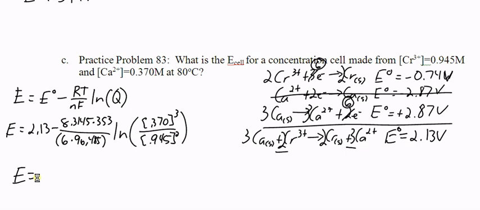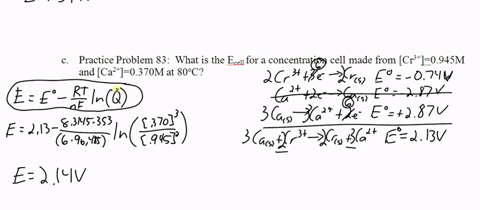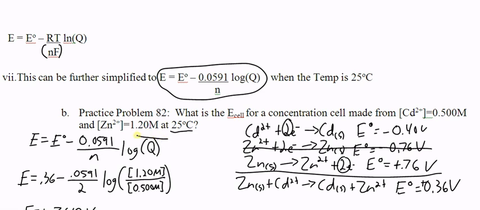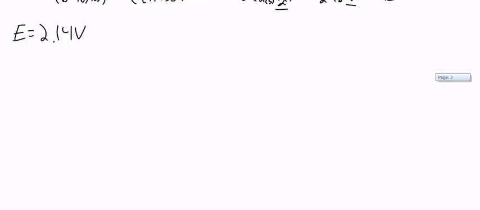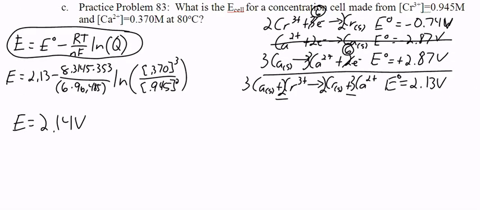And it looks like I'm going to end up with just a slight increase to the cell potential here at a value of 2.14 volts. Again, keeping 2 sig figs here. And so that's pretty much how you're going to work with the official Nernst equation, which I would say here, as opposed to the adjusted Nernst equation, which we saw up here. So remember, this one only works at 25 degrees Celsius. The one that we saw here works at any temperature. So I hope this helps, and